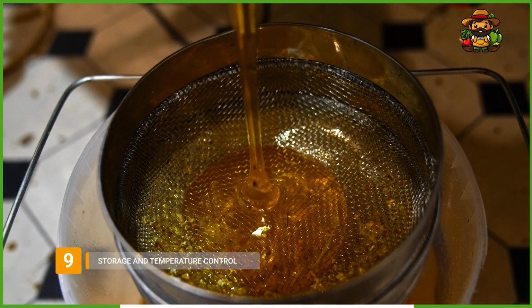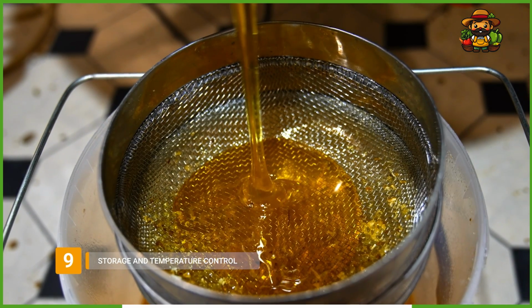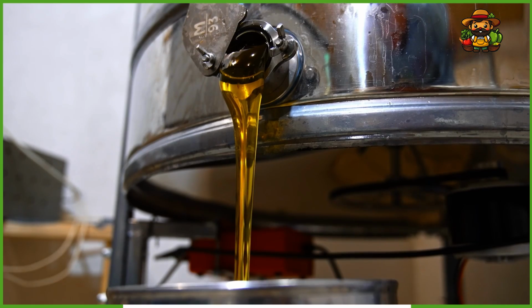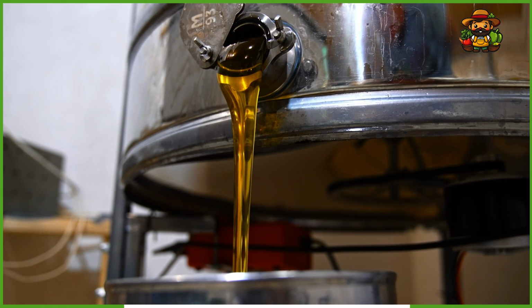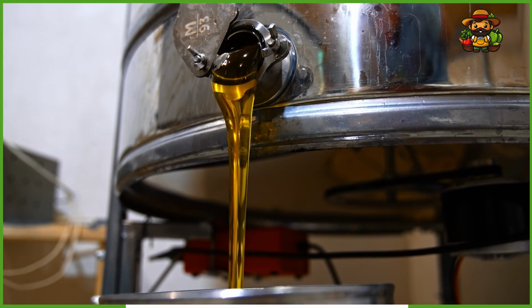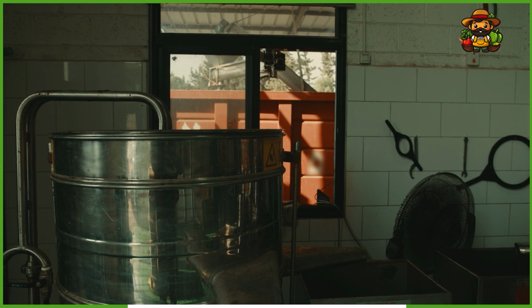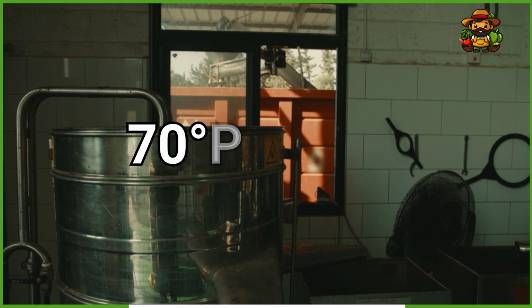Filtered honey is now ready for bulk storage, a critical step in maintaining its quality before packaging. Filtered honey is transferred to large stainless steel tanks designed for food-grade storage. These tanks are equipped with temperature control systems that maintain the honey at an optimal temperature of around 70 degrees